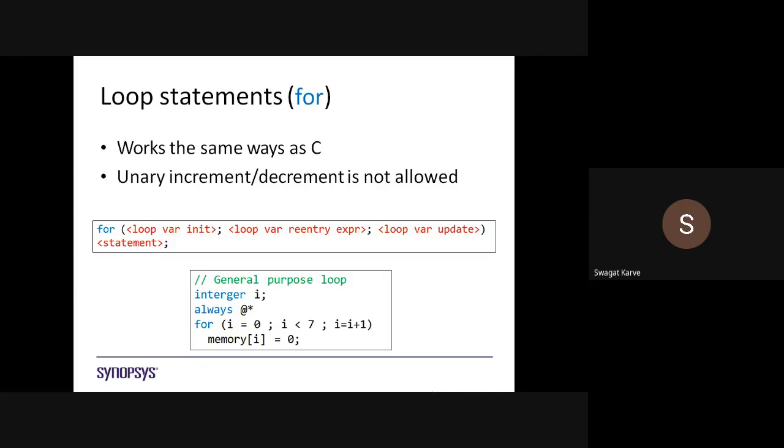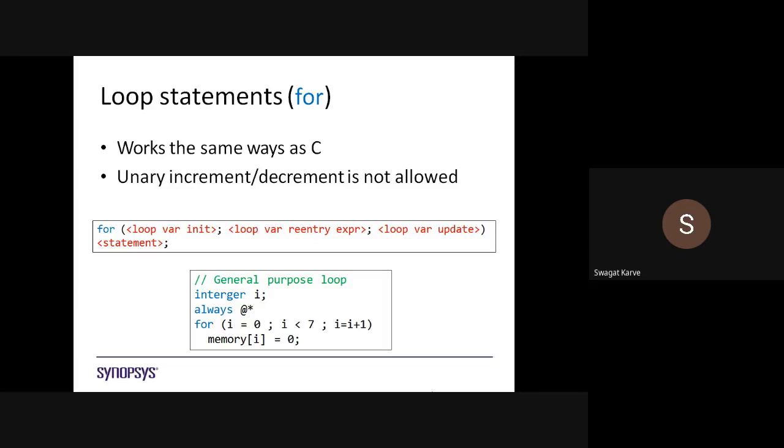Now we are going to discuss the for loop. This for loop works exactly the same way as in C. Many times I have mentioned that Verilog is much similar to C, so the use of the for loop is much similar to how we use it in the C language.